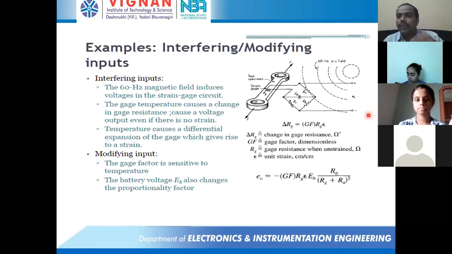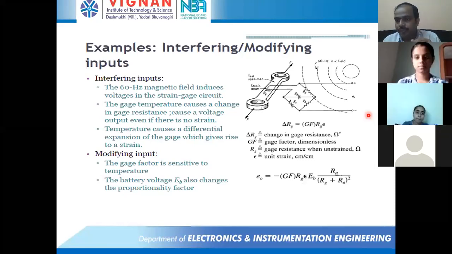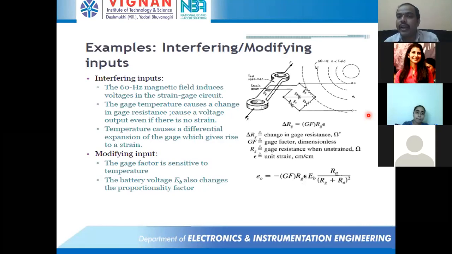For example, if you have another material, maybe steel, and you apply some stress or force, a change in length will occur. Maybe for a 10 centimeter piece, some mm will change. So the mm divided by 10 centimeters is the strain. Generally this strain can be measured using strain gauges. But the same strain gauges also change their resistance due to change in temperature. The strain gauge principle is that as the strain gauge is exposed to strain, its resistance will change.